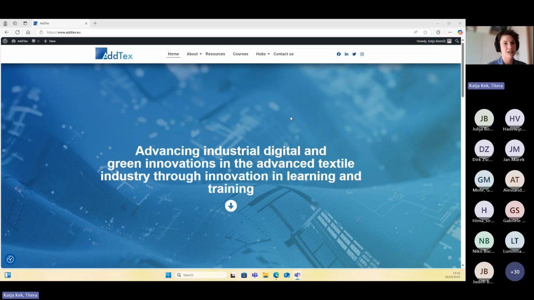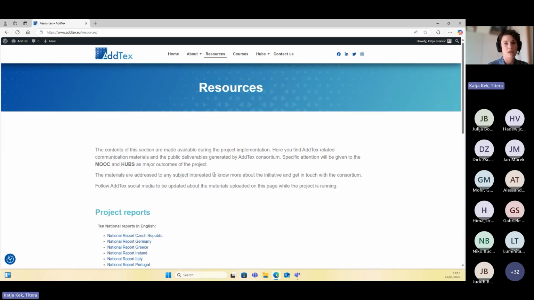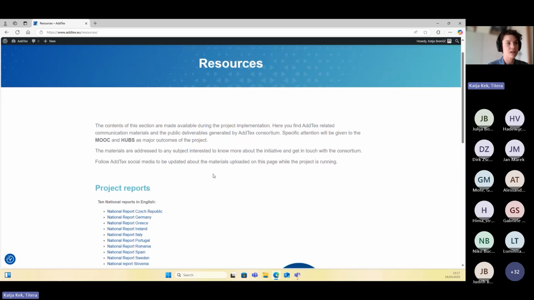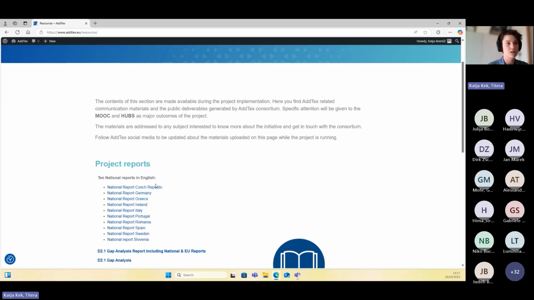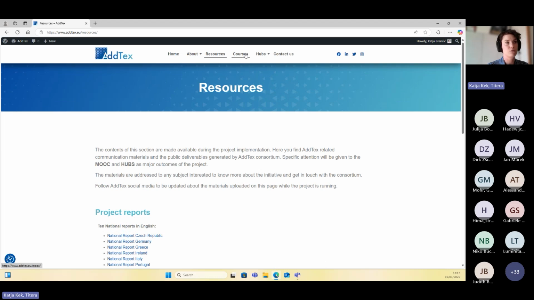This is the website that we've created with partners in the AddTex project. I'm, of course, inviting you to explore it because here you have all about partnerships and the connected initiatives. More importantly, if I move to resources, if someone is interested in different national reports regarding specific countries, you are, of course, invited to download them, to read through them. And if I move toward courses,